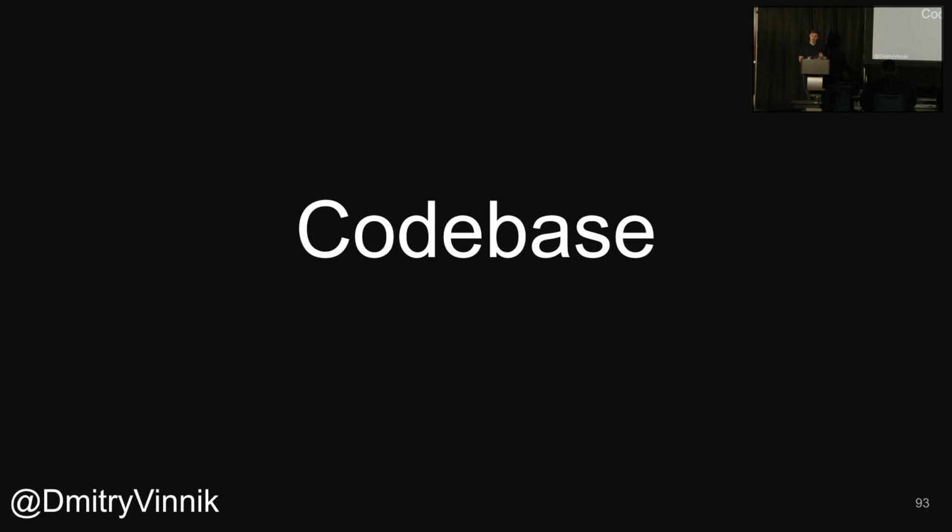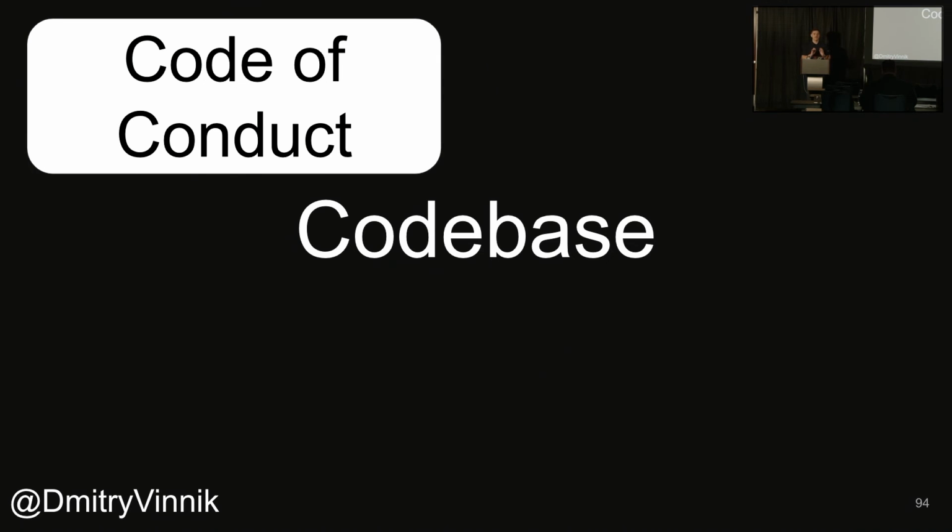The code base is an interesting one. It's the first thing we think about, but I don't want to talk about it as the first thing. That being said, there are important things there. Code of conduct, we have it in every single project. I mentioned we have 800 or so. Every single one of them will have a code of conduct. It's extremely important because we have a mission of empowering diverse communities through open source. You can't have diverse communities unless you have a code of conduct and you're working towards making your community welcoming and comfortable for all. So code of conduct is, I wouldn't say the only thing, but one of the first main steps you have to take.